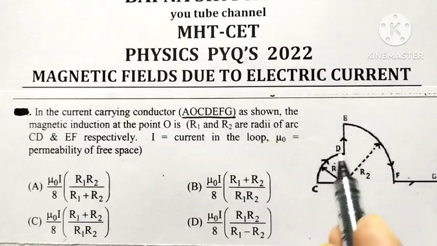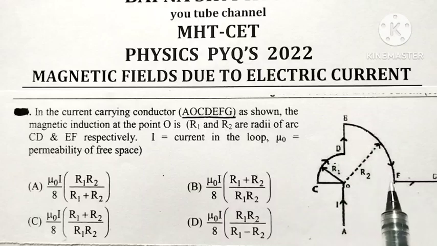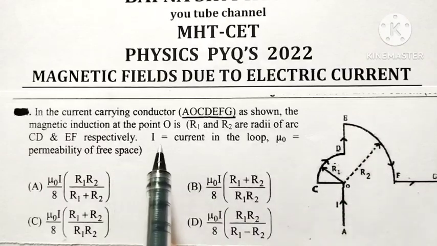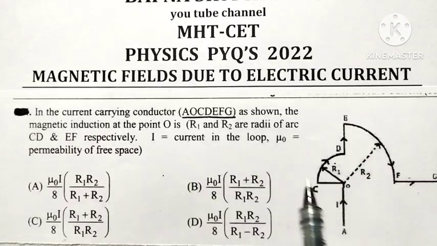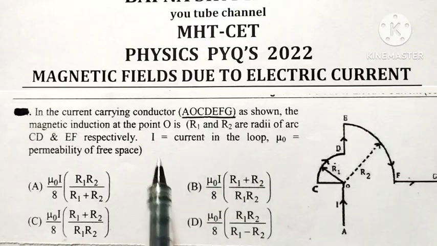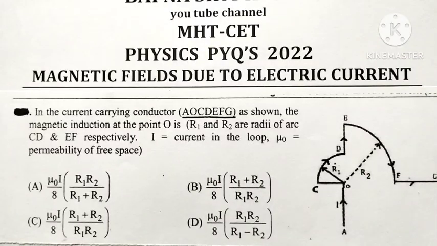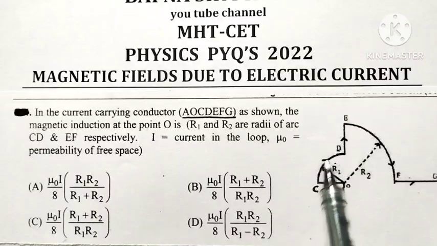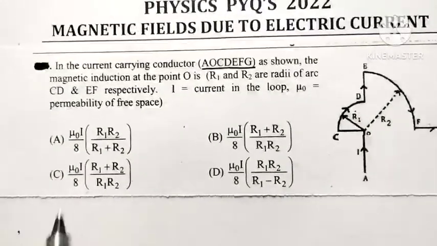arc CD and that of arc EF respectively. And I represents the current that is flowing in the loop. Mu 0 represents the permeability of free space. Now as far as magnetic field due to arc CD and that of arc EF is concerned, if I say